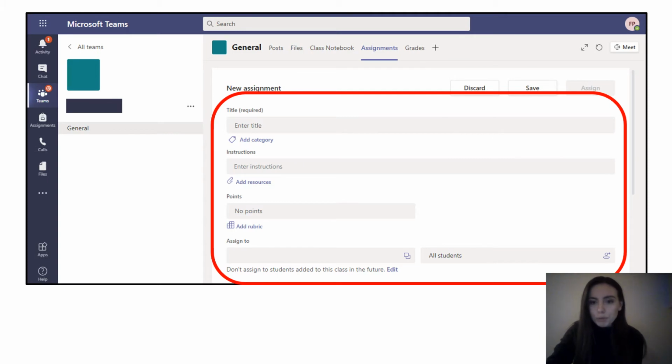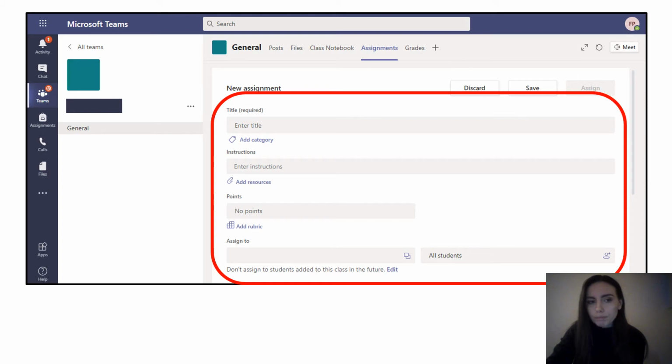At this point, Teams will ask you for some information such as the title of the assignment, any instructions, and what you need to do is upload any resources that you want your students to use. Now, if you are wanting to see your students work in real time and to be able to either mark it or comment on it live, you do need to upload a resource for them to work on. Now, this could be a worksheet, or equally you could send them a blank document that you want them to